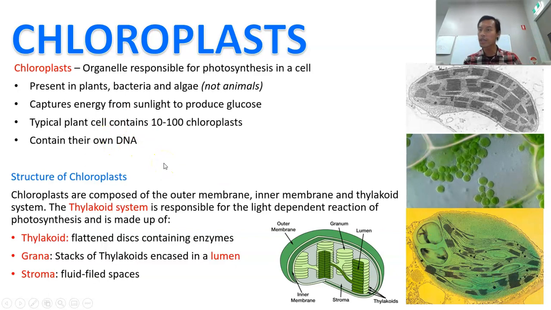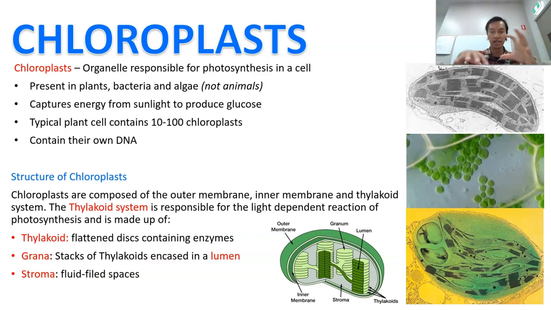The chloroplasts, like the mitochondria, actually have their own DNA as well. Chloroplasts are comprised of an outer membrane, an inner membrane, and a thylakoid system, okay? So the thylakoid system is responsible for the light-dependent reaction of photosynthesis, right? And it's made up of a few different things. The thylakoids are flattened discs, and these discs contain specific enzymes that facilitate that process of photosynthesis. When you stack the thylakoids together, you get the grana,